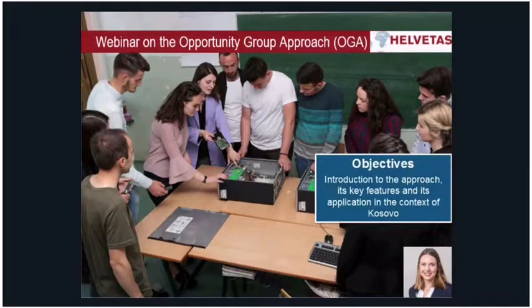Let me give you a brief overview of what we want to do in the next hour. The webinar will introduce you to the Opportunity Group approach, a tool to address skills gaps and unemployment. The Opportunity Group approach is a participatory process that guides through different steps of self-assessment and skills development towards job orientation and entrepreneurial initiatives. It encourages young people to come together in peer groups and share, learn, and apply newly acquired technical, entrepreneurial, and life skills.